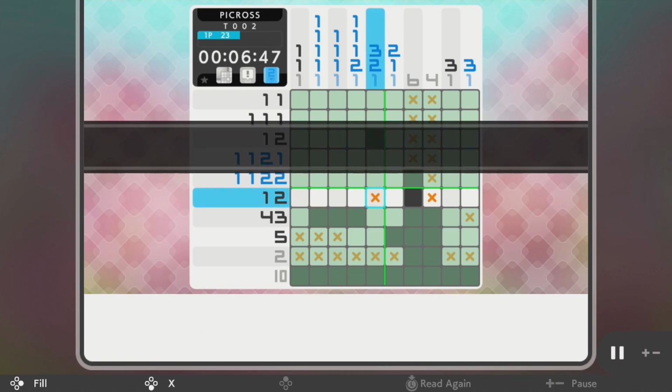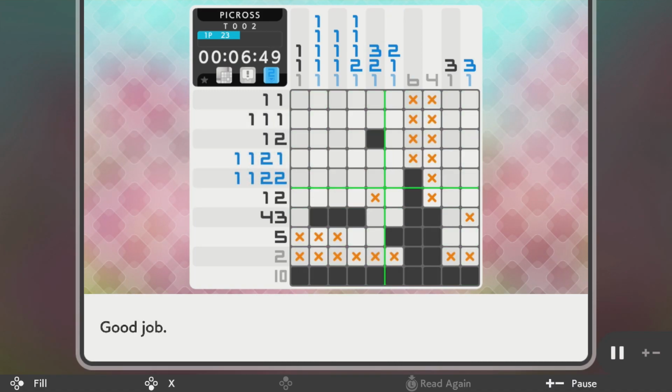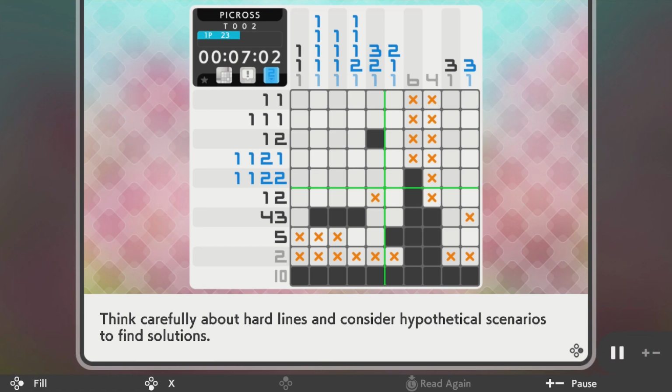Cool. That's not how I would have done it, but that's okay. It's the same information. Probably a bit slower than the way I would have done it, but maybe a little bit less prone to error as well. Think carefully about hard lines and consider hypothetical scenarios to find solutions. Okay, so here's how I would have considered it, right? I would have said,